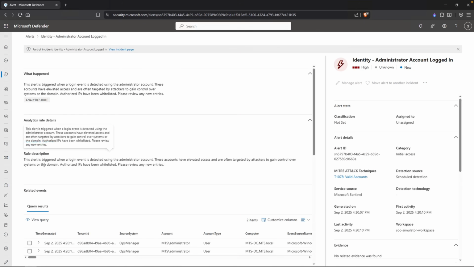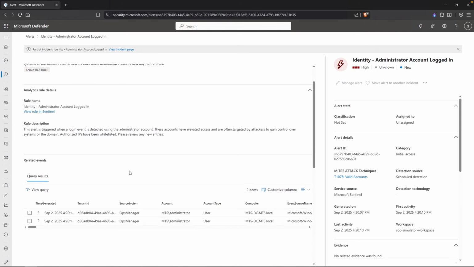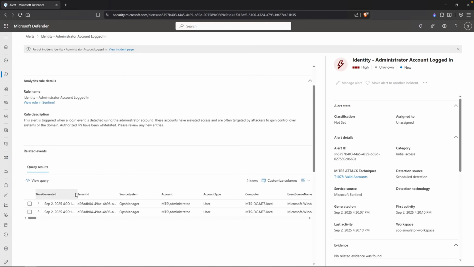It says that this alert is triggered when a login event is detected using the administrator account. These accounts have elevated access and are often targeted by attackers to gain control over systems or the domain. Any of the authorized IPs have been whitelisted. Please review any new entries. Perfect. Now, if I take a look at the query results here, we could see that the time generated is